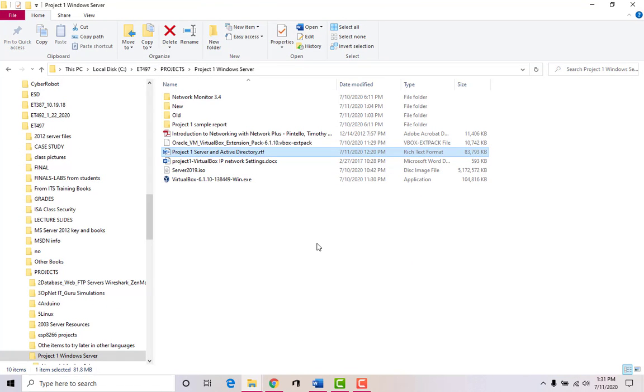Now, I put the files on there. If you go to the memory stick that's included with your networking kit, there's a memory stick that has everything you need. So you'll see Project 1 Windows Server, and you'll see in there the VirtualBox installation file. Okay, so we're going to install that. After that, we're going to install the extension pack. So all you have to do is basically double click this file